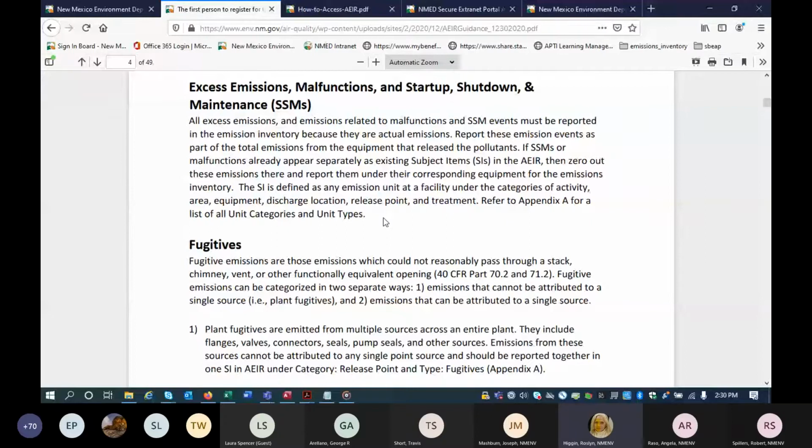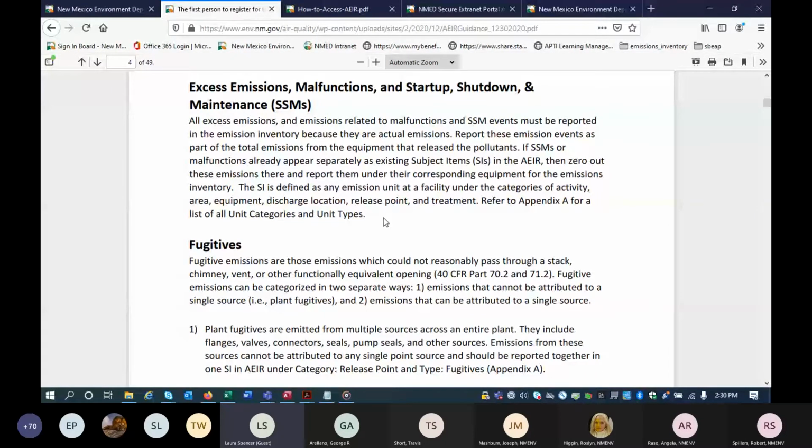You can do it like that, or you can put it under plant fugitives. If you have an NSR, you won't be able to add equipment. Well, our fugitives are set up to monitor those components and with a specific emission factor, and that's what they already are. So these would be excess, and they're permitted to go under that malfunction line item.